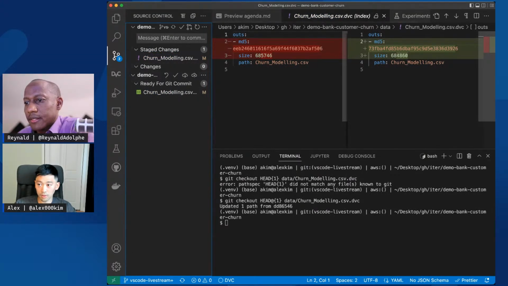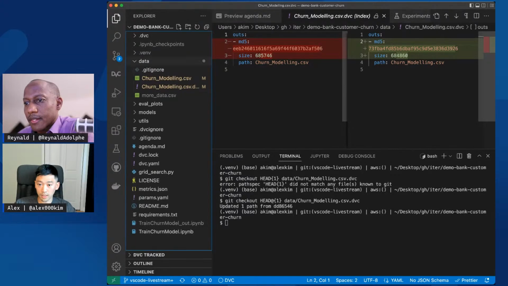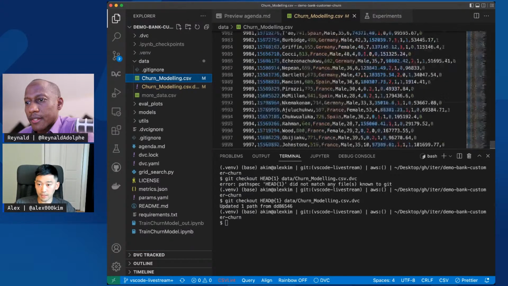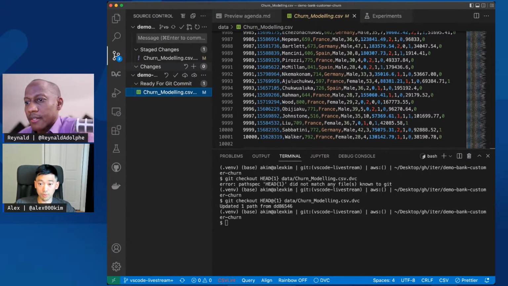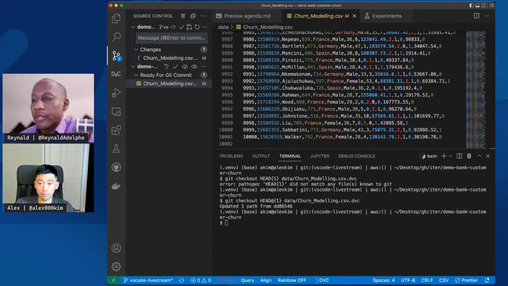So we switched our reference file, and now with the simple click of a button, simply doing dvc pull, what's going to happen is my data set gets reset to the previous state it was on in my previous commit. So what I can do is simply provide a message saying reset data set to earlier version. And yeah, rerun, reverting back to the previous state.